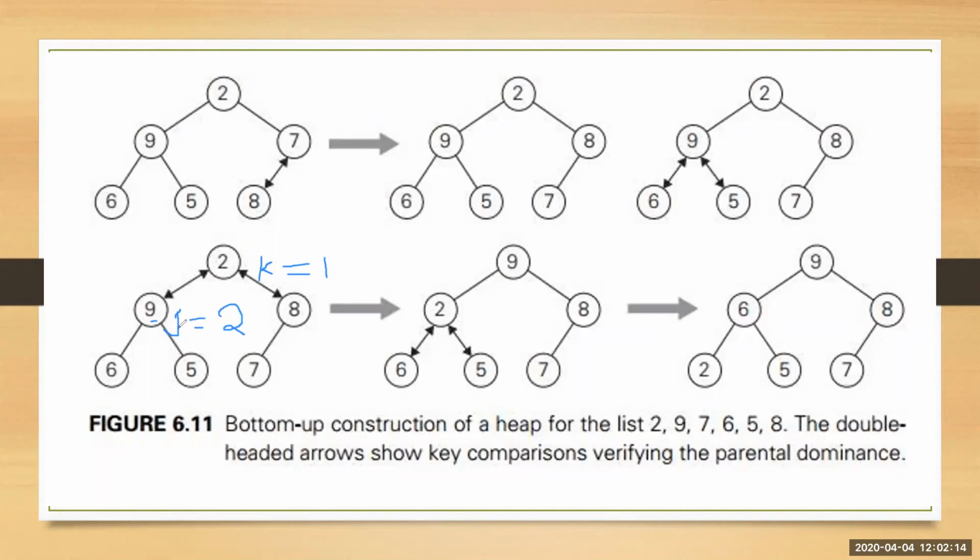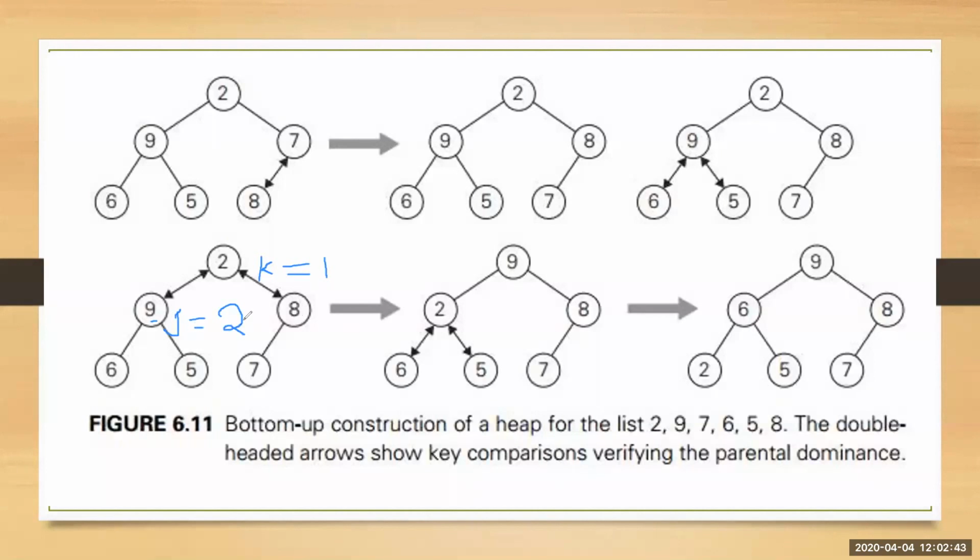Now you check whether this j is lesser than n. Yes, j is lesser than n. It tells that it has two children. Once you come to know that it has two children, the next step is you have to compare the left child and the right child. You have to compare h of j with h of j plus 1. So which is bigger? H of j itself is bigger, therefore j remains there itself. If h of j plus 1 is bigger, then j becomes the next node. Then j is equal to j plus 1. It points to the right child.